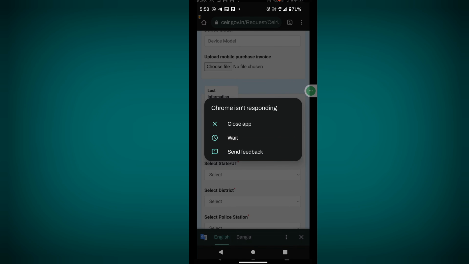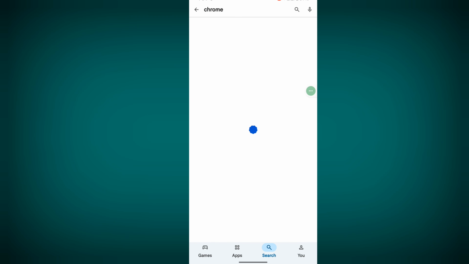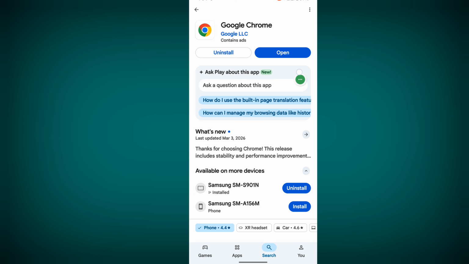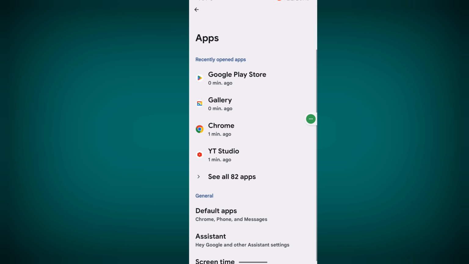In this video, I show you how to fix the Chrome is not responding or closing problem. For fixing this problem, go to Play Store, search Chrome, click on Chrome, update your Chrome app if any update version is available, then go to Settings, then go to Apps,